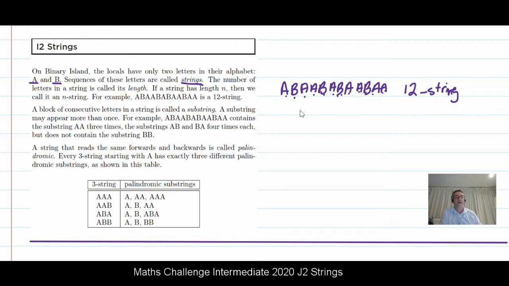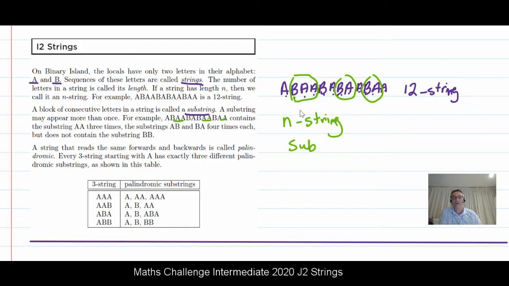All right, now they talk about the idea of a substring, and that gives you a clue what that is. A substring is going to be a piece of a string. So here's a substring, and here's the same substring again. So it can appear more than once. That's okay. So for example, this particular one contains a certain substring 3 times. And it doesn't contain another substring. Okay, right. So we need to understand the idea of an n string,